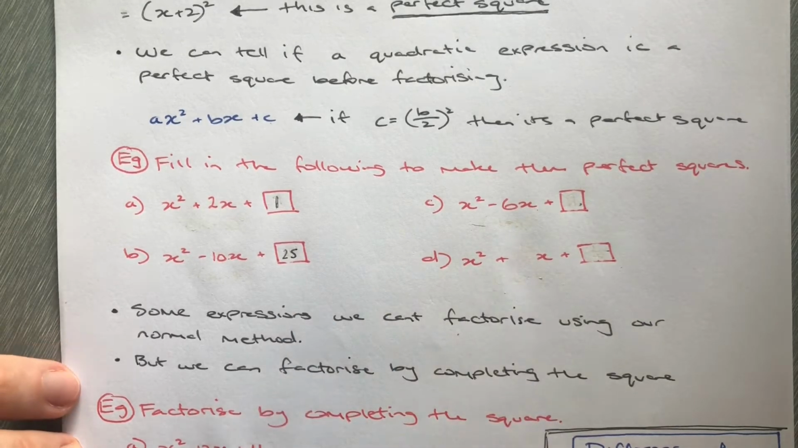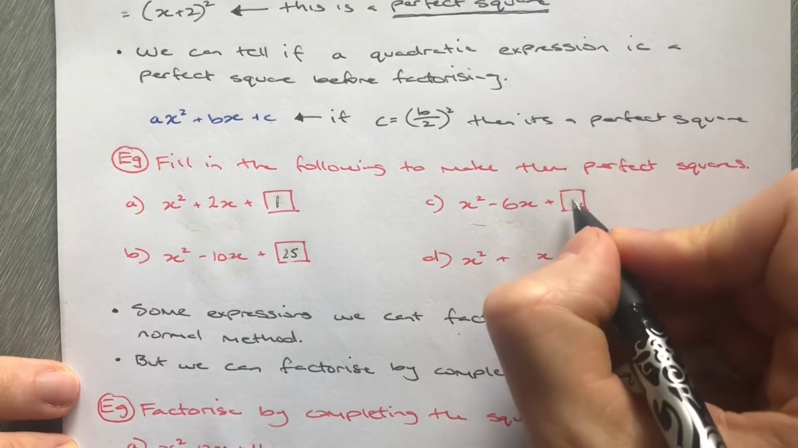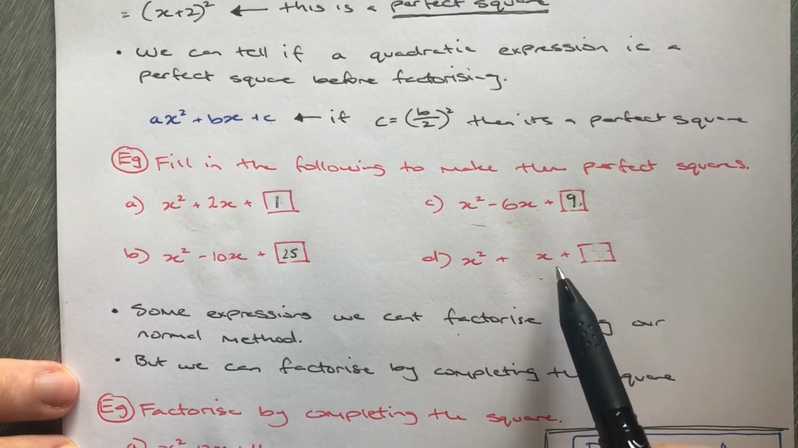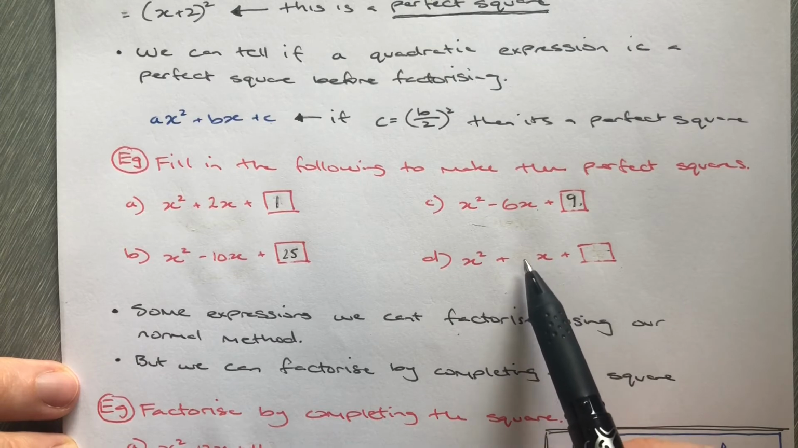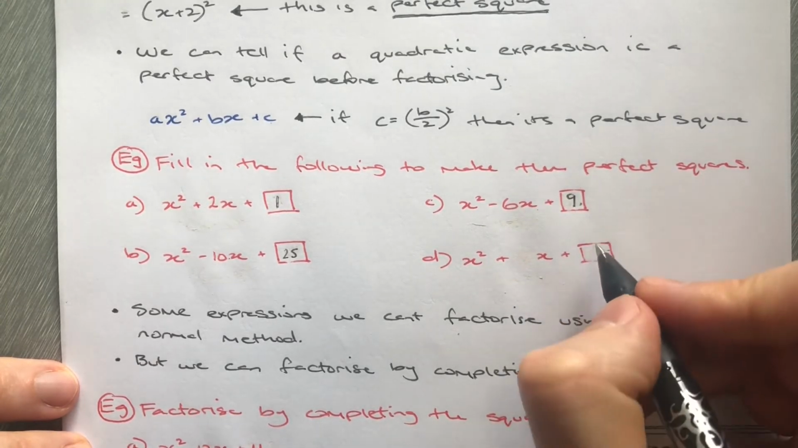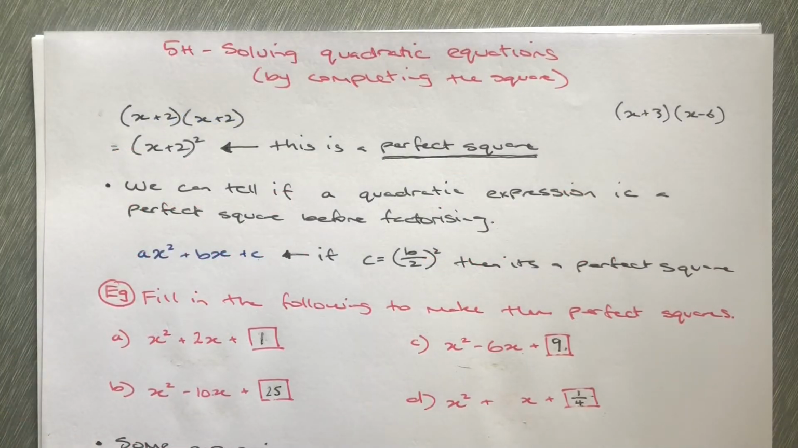Let's do it with the next two as well. All right, minus 6. What's half of that? Minus 3. Minus 3 squared is 9. So if 9's there, it's a perfect square. Last one. 1 is out the front here. So half of 1 is 1 half. 1 half squared is 1/4. Now we've made sure that these 4 examples here are perfect squares, but what we need to know is that